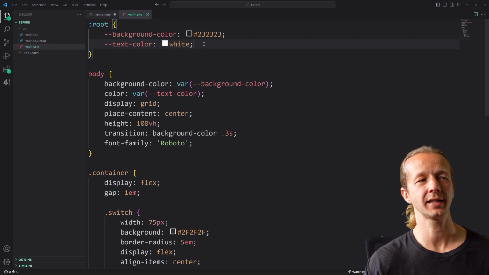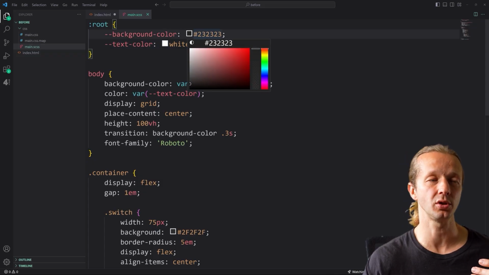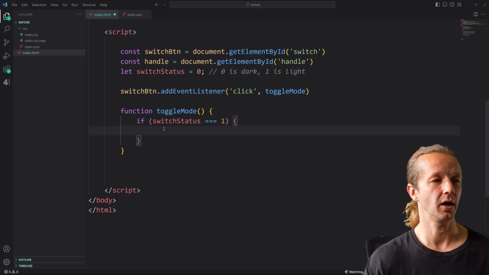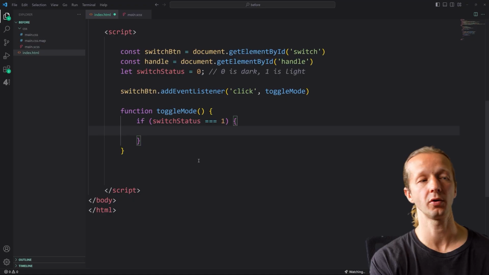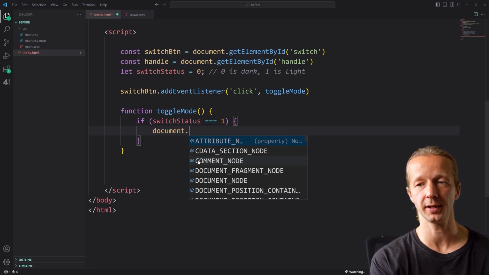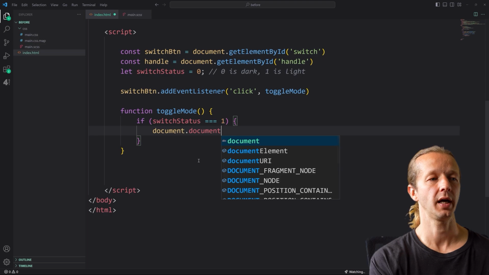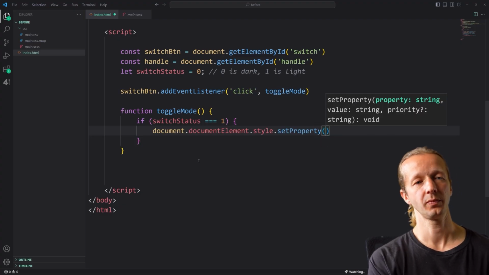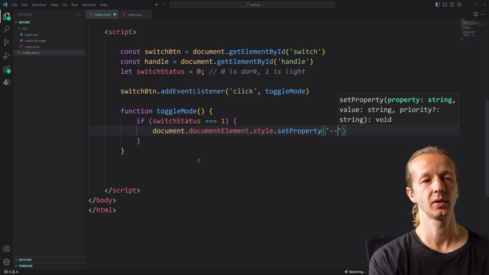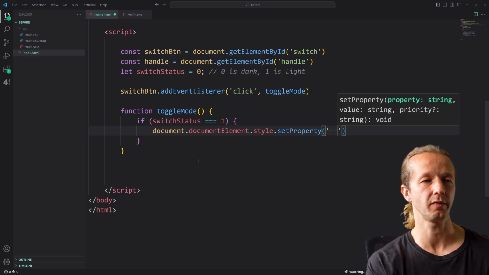So you're probably wondering, how do we access these CSS property values or the CSS properties and be able to update their values through JavaScript? All right, so for this, we're just going to have to memorize a little bit of code for this sort of thing. So first we specify document, just like we did previously. And then we're going to say document element dot style. This gives us access to all the styles, so you could console log this alone right now just to see what comes back. And then we're going to say set property, and then the first parameter accepts the actual name of the CSS property that we defined. So we have the background color,